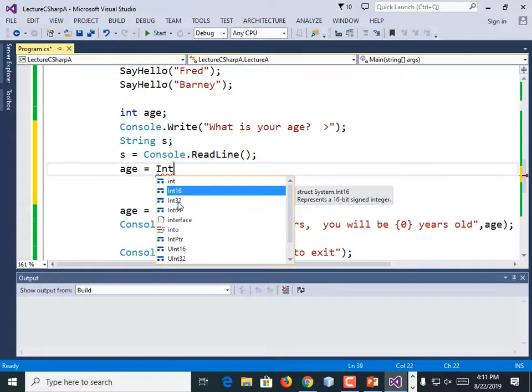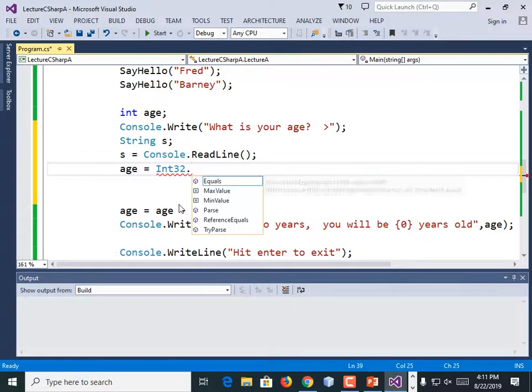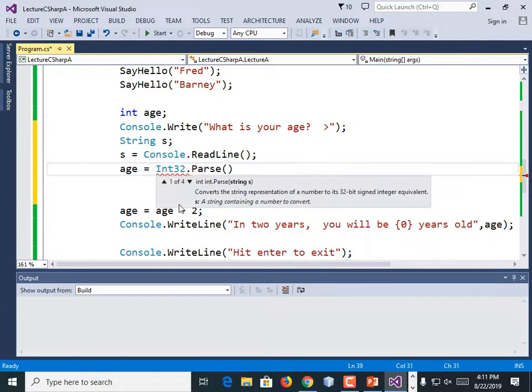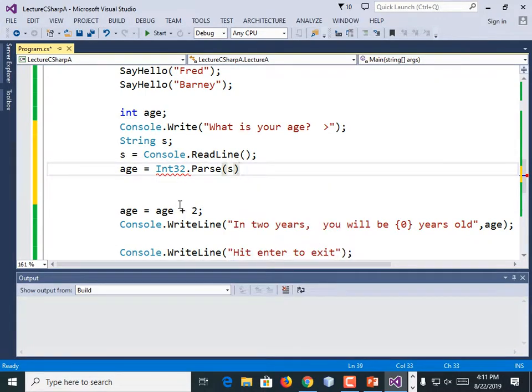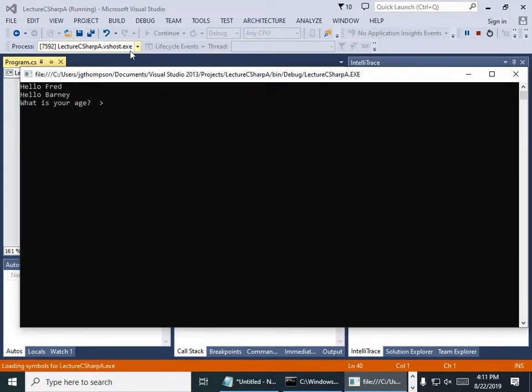But I just want to do an Int32, a regular int. Int32.Parse(s); Now to work. I am real glad that you noticed that it was providing an incorrect output. All right, now it's working.